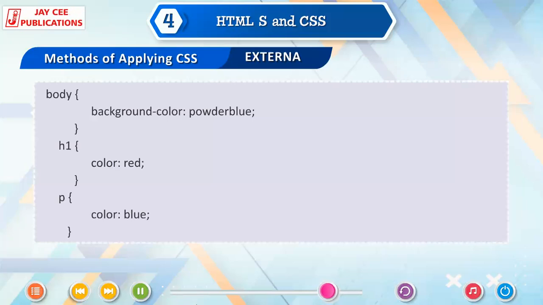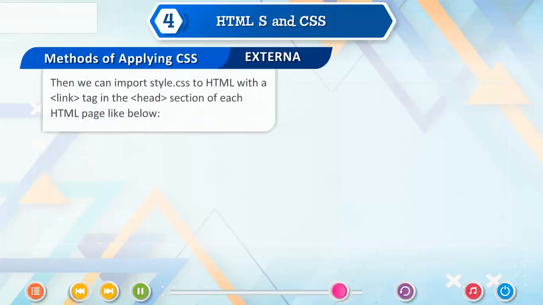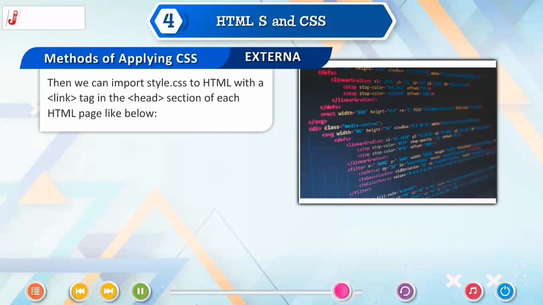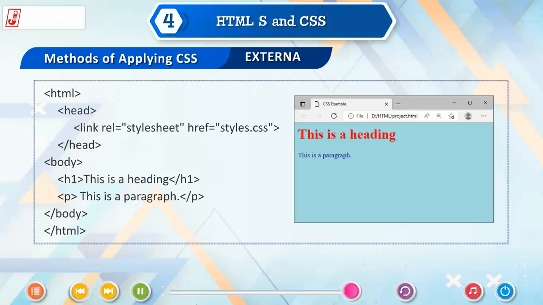h1 {color: red;} p {color: blue;} Then we can import style.css to HTML with the <link> tag in the <head> section of each HTML page like below. <html><head><link rel="stylesheet" href="styles.css">